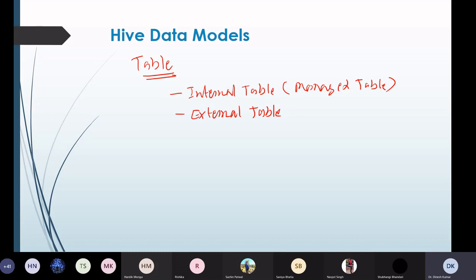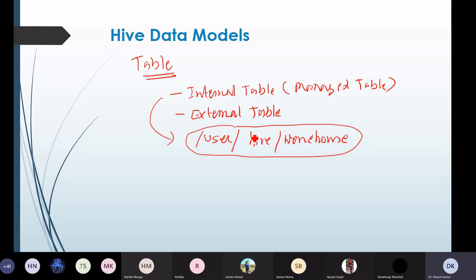And the internal tables will be created in a folder path similar to /user/hive/warehouse. This is the default folder where it will create all the internal tables. But we can overwrite this location at the time of creating the table.